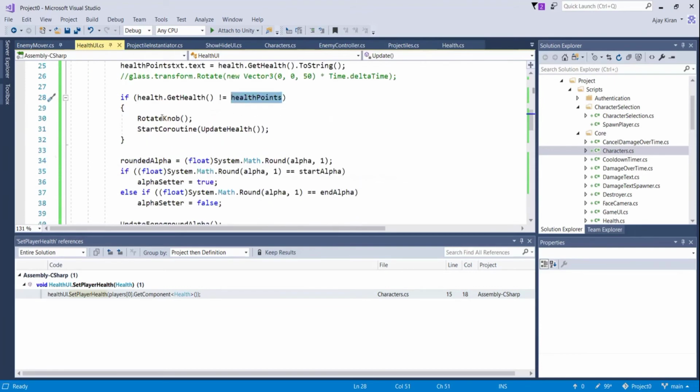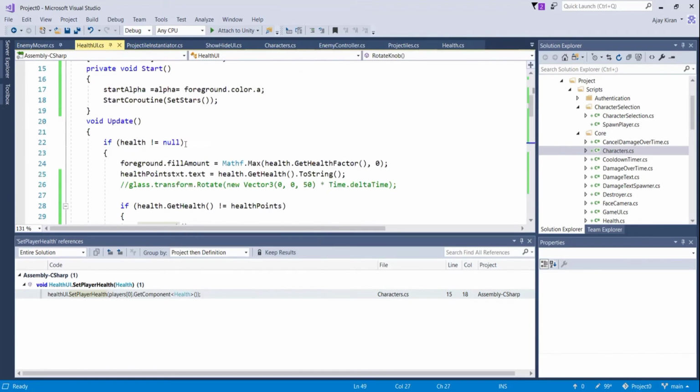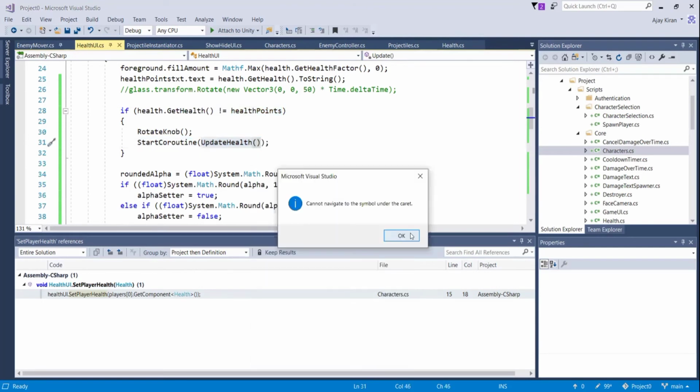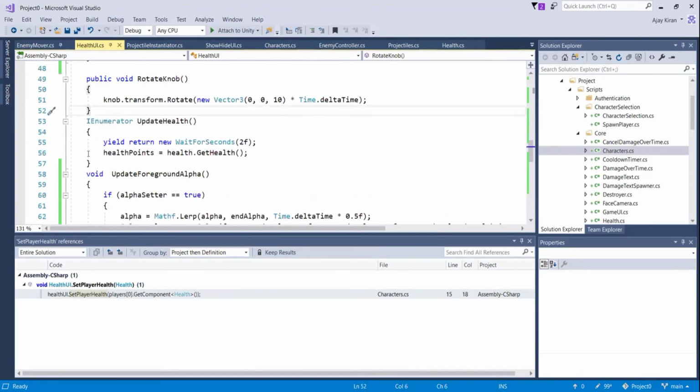So when it is 0, we're gonna call this method, which is rotate knob, and this method is gonna be called not just when health points is 0. It's gonna call it every time that health.getHealth returns something that is not equal to the health points. And we got a small coroutine over here called update health. Okay, so we go over here, we have the update health, and it's just gonna wait for a few seconds. Here you can give whatever you want. If you're gonna follow this, set the health points up to health.getHealth,